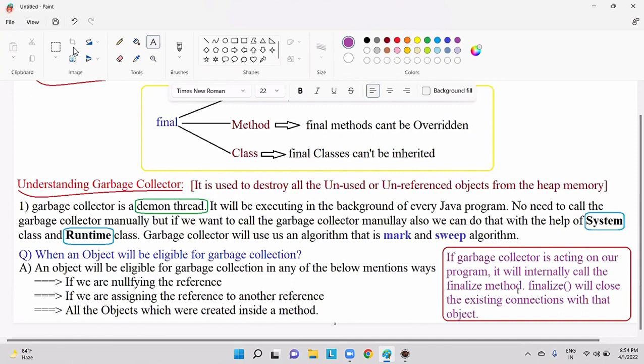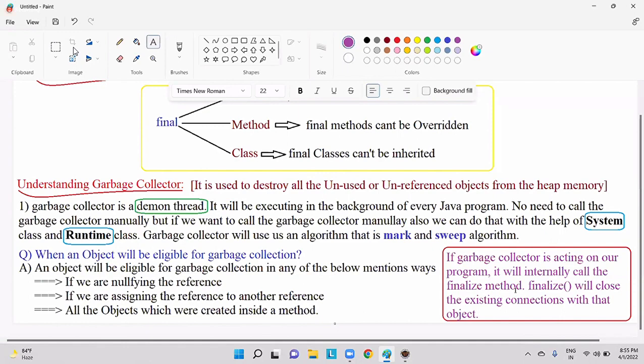Guys, did I mention that point? Please help me out. I think I had mentioned that. That is actually an important point.